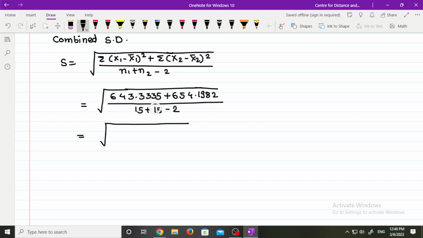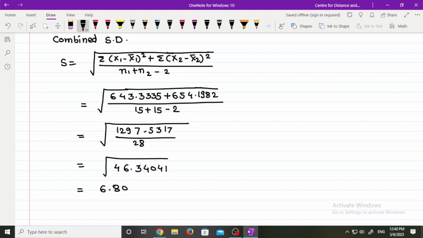When we add these terms, we get 1297.5317 divided by 15 plus 15 is 30, 30 minus 2 is 28. And when we divide 1297.5317 by 28, we get 46.34041. And the square root of 46.34041 is 6.8073,